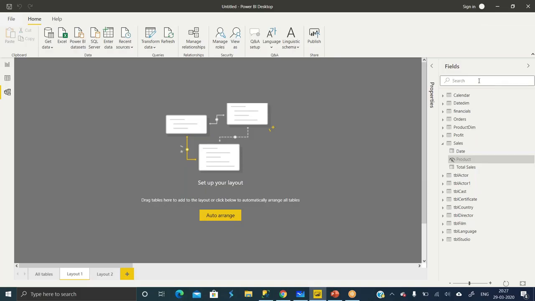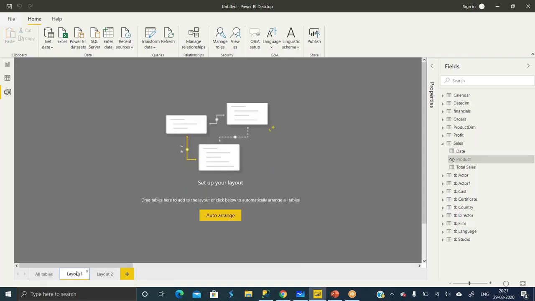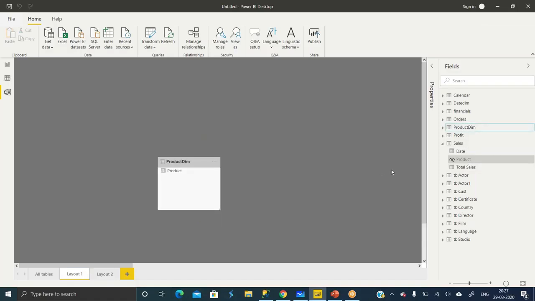So the concept is same. Even if you have many tables, we can arrange those tables accordingly. But the scenario will remain same. So if I have multiple tables, now let's say I have many tables here. To order them in proper way to understand, it is just for understanding purpose, because this is the main model. This will remain same. But for the user, for developer to understand better which tables have which relationships properly, we can just drag those tables